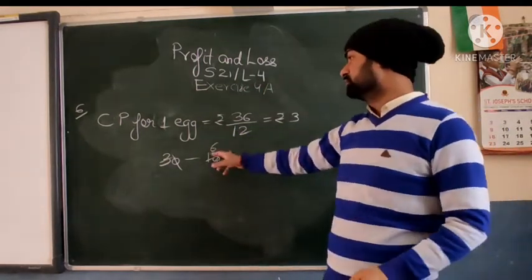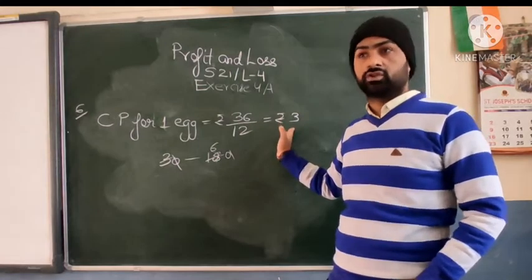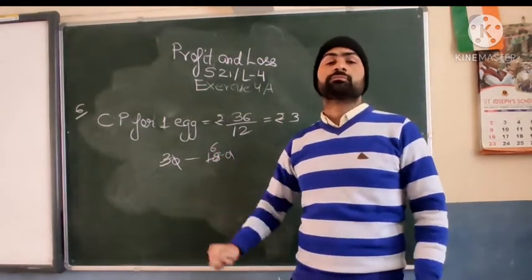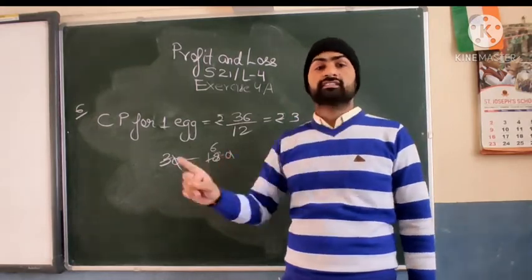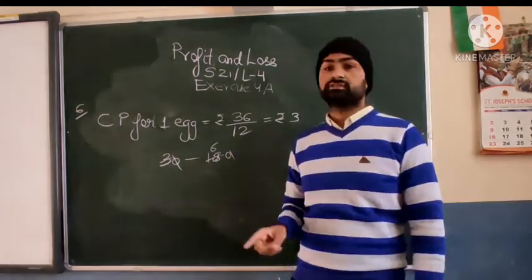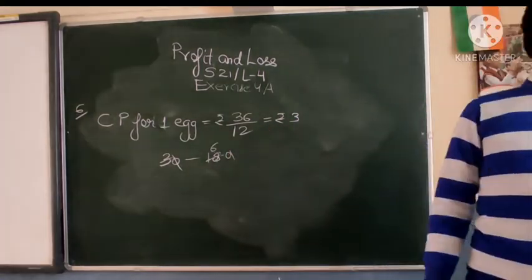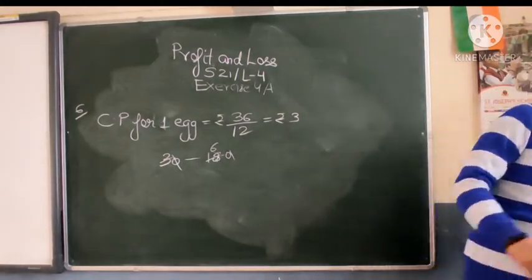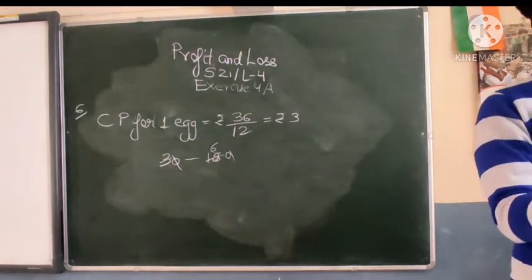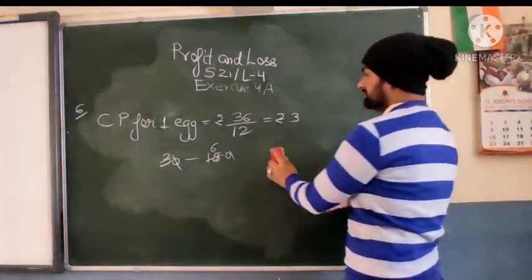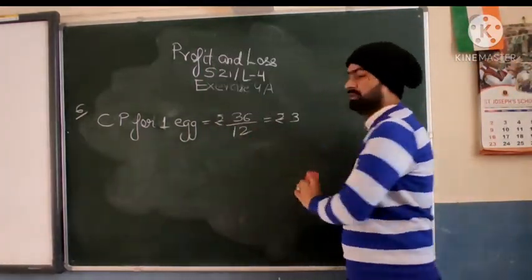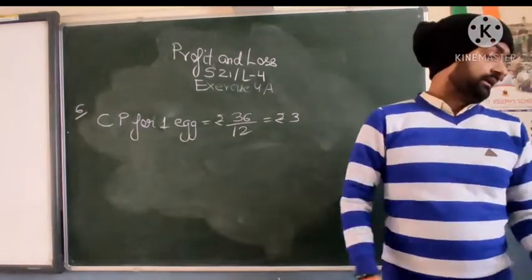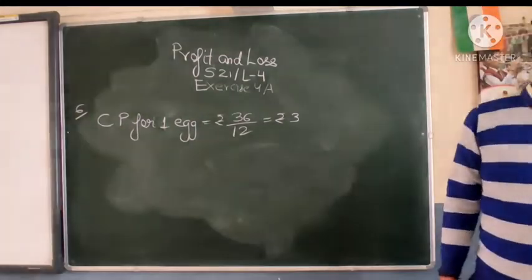So the current cost is more. The person is purchasing at a lesser cost. Actual cost is 6 rupees per egg. So one raw egg is 6 rupees. In the book, the question has 3 rupees. So we must know the cost of things also, important to judge and determine. So this person got it at 3 rupees per egg. It might be they are getting it at the same cost.